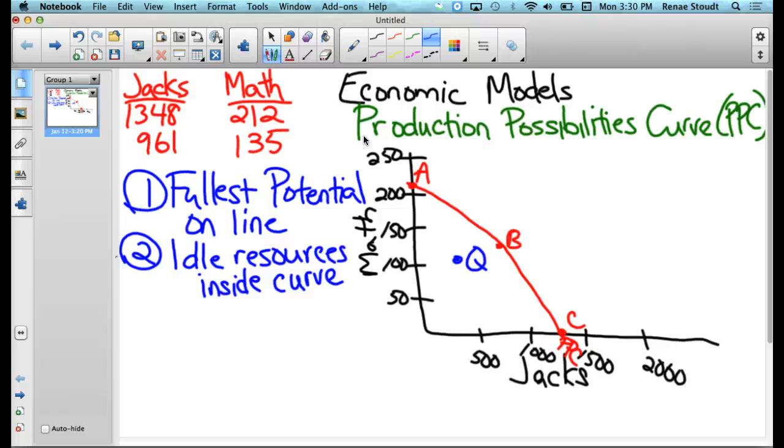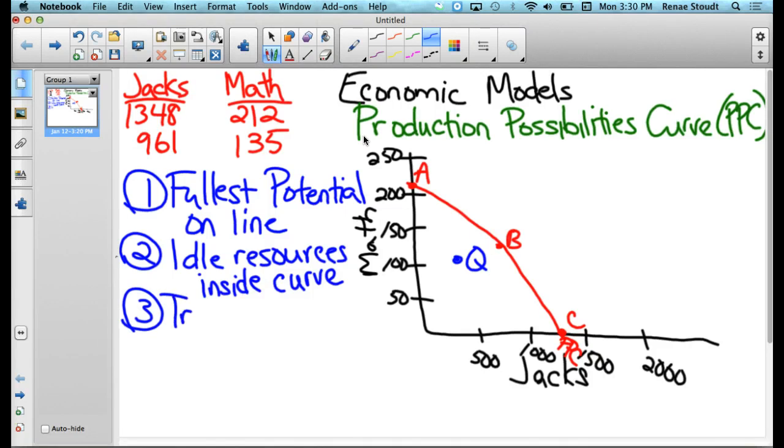You can think of idle as meaning that they're there, the resources are there, but they're just not working very hard. Think of it as when your car is idling. Your car is running, it's there, it's working, it's just not going anywhere. Same thing here. We have idle resources at Q, we have people available, but they're just not working as hard as they could potentially work. Okay, all right, third thing that we can determine